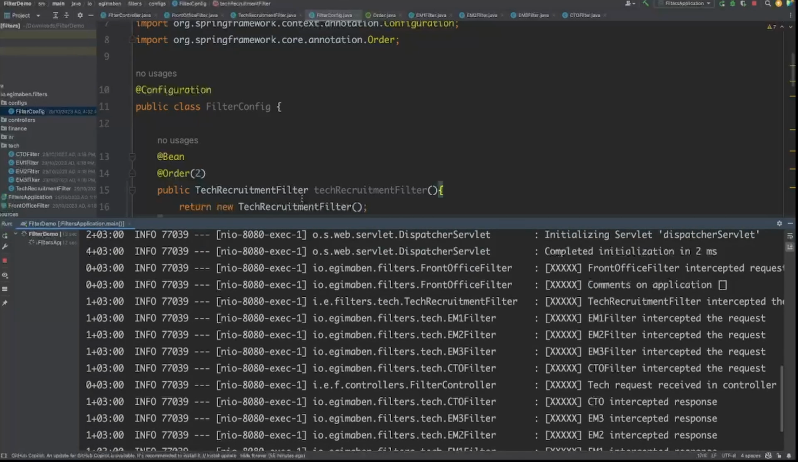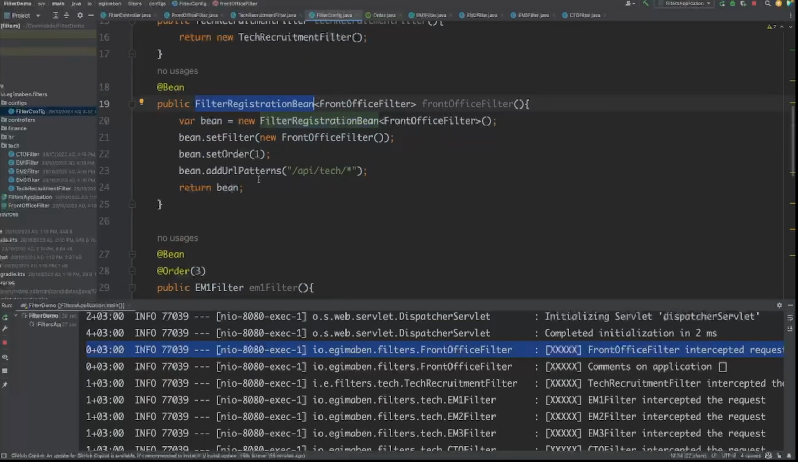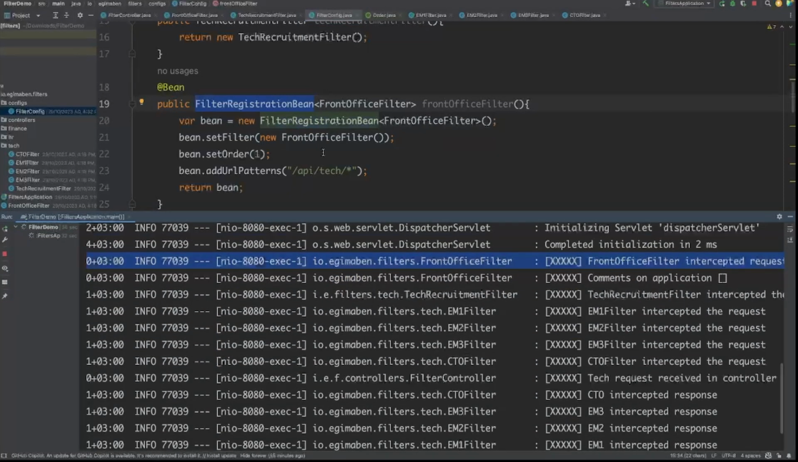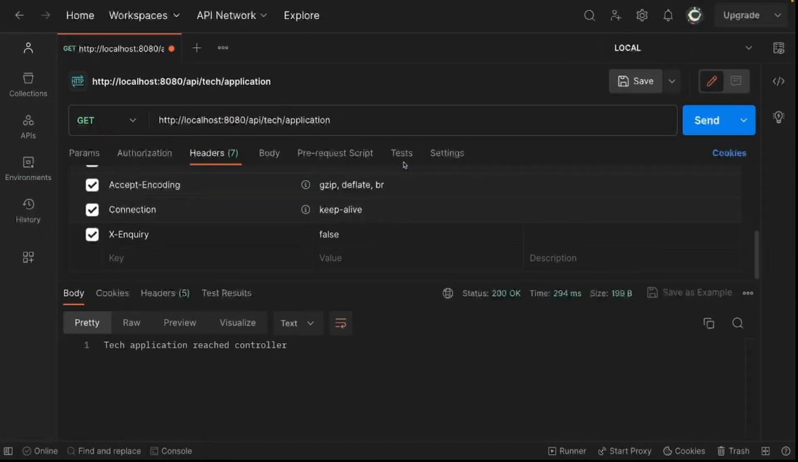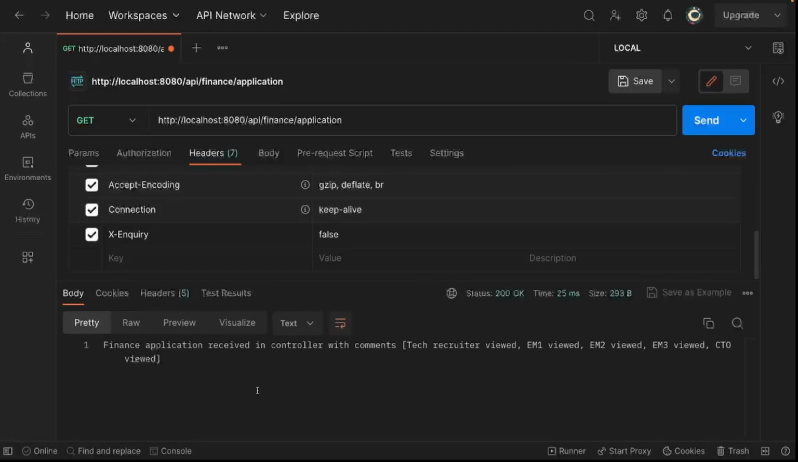It didn't order the filters the way I expected. So you see, even if I put tech recruitment filter first, front office filter comes first, because the new approach we're using of declaring the filter in a filter registration bean is actually being respected. And furthermore, I have added a URL pattern here. So front office filter intercepted the request because the request was following this URL pattern. So let's test our hypothesis that